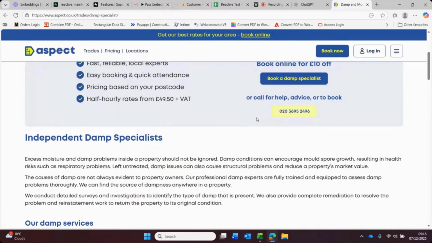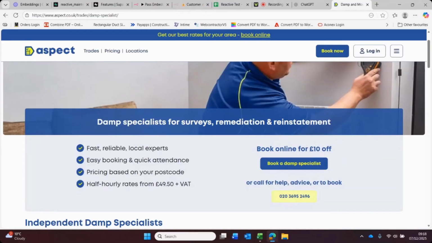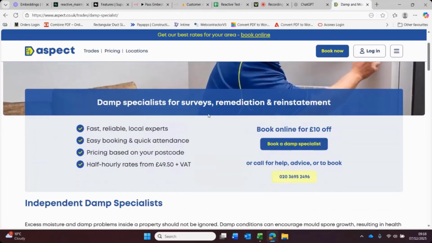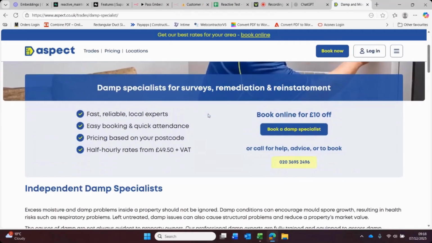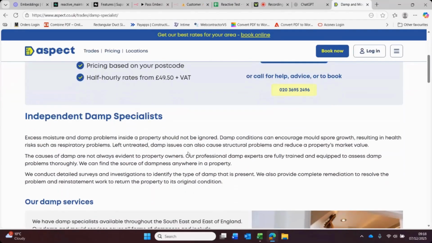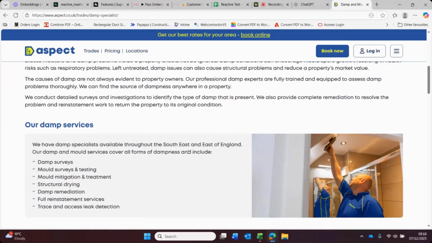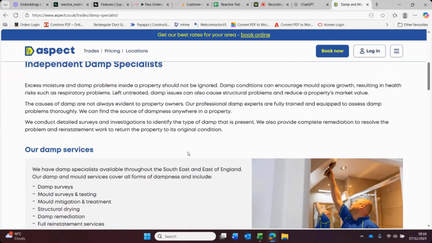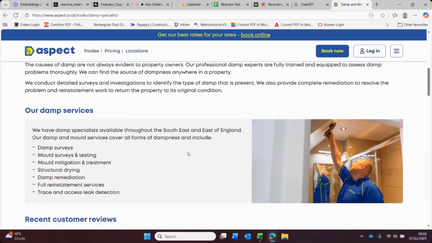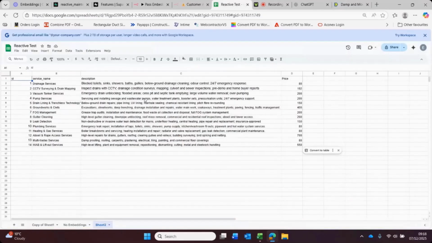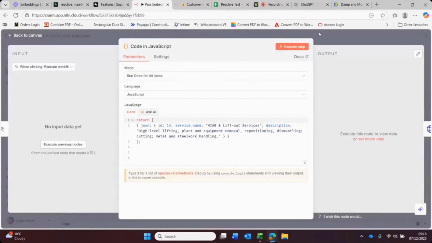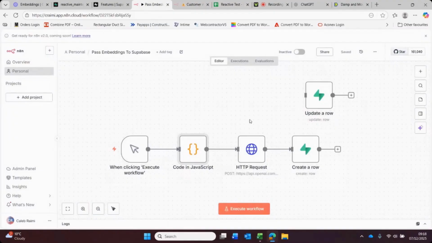Which is good. Now we need to get the information into our vector store in Supabase. I recommend taking this information and putting it into ChatGPT and just asking it to abbreviate it, so it allows you to create better matches, and the agent works a bit quicker. You can see I've done that already, so I'm just going to take this information and put it into this agent here that gets the information